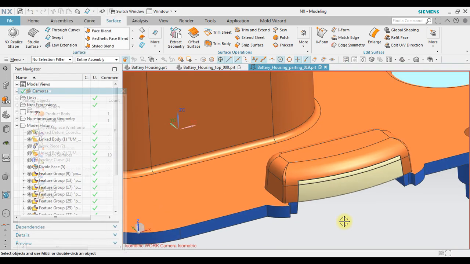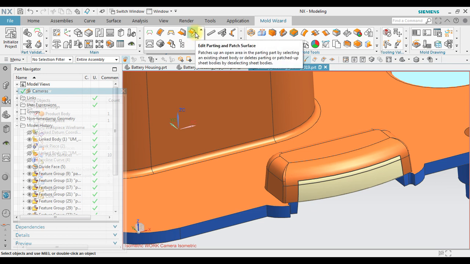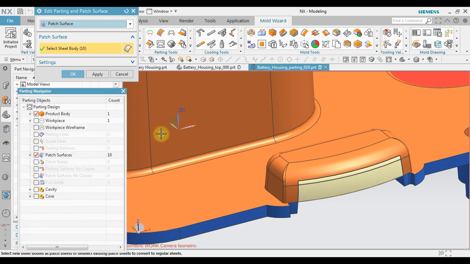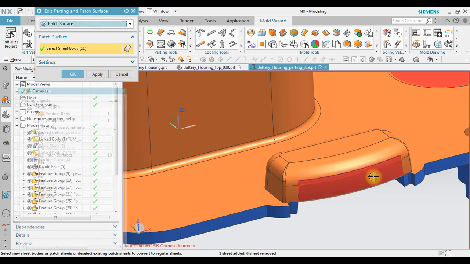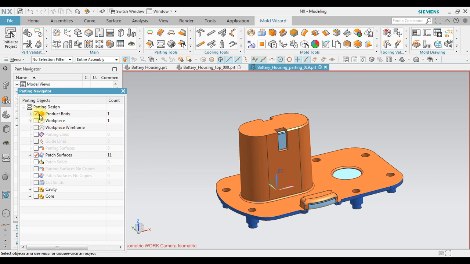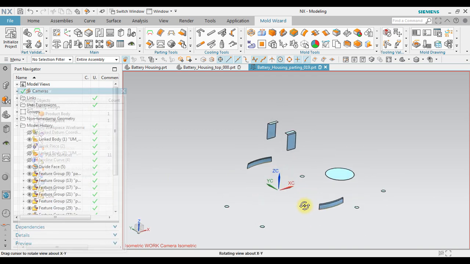Click OK, and then go to Mold Wizard. Go to this one, edit patching and patch surface. We add this one as the number 11 patch surface. Now we have 11, click OK. Let's check again. In patch surface, we now have 11 patching surfaces.